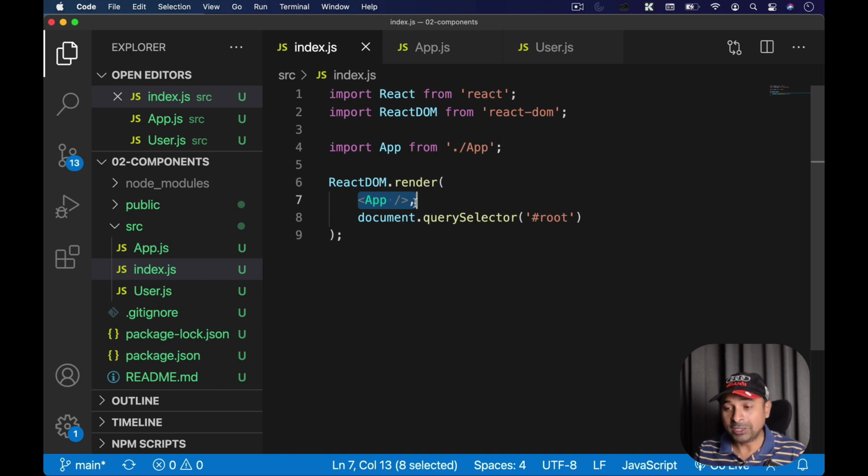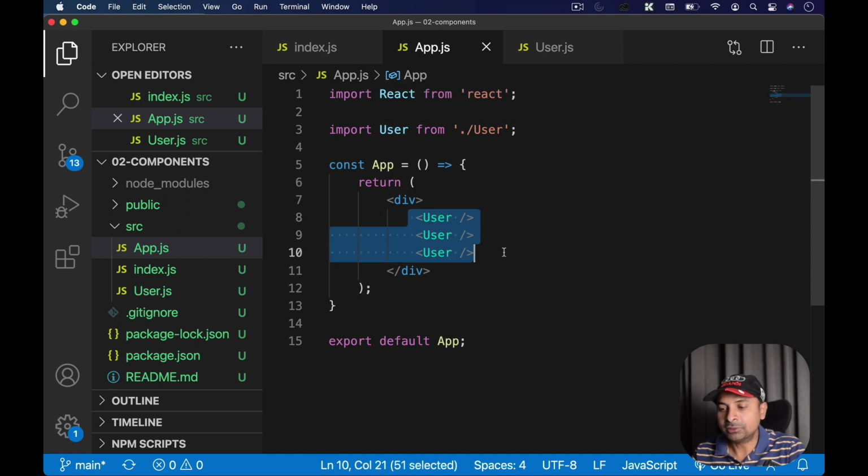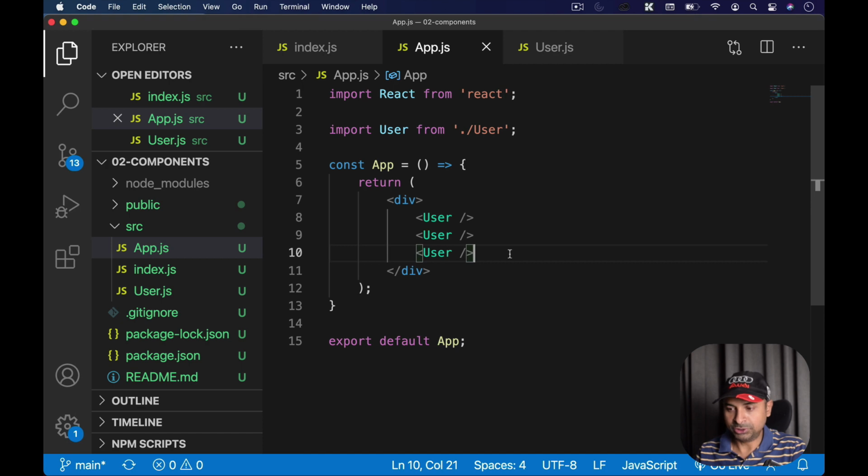So instead of writing application, I've just created app. So app is like a container for our entire project, this small application. I have created app, so app is a container, and that app has three different users. So user is a separate component.